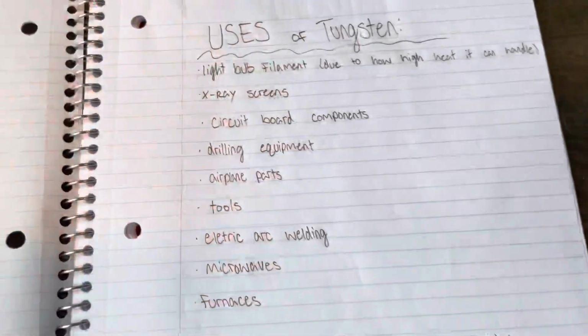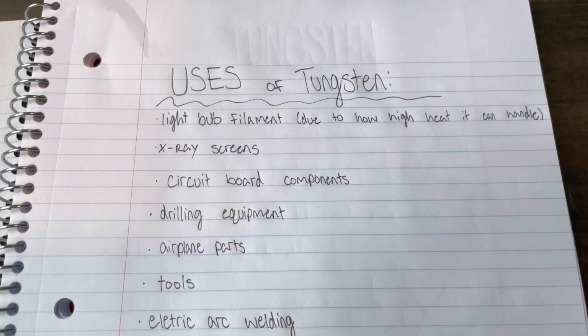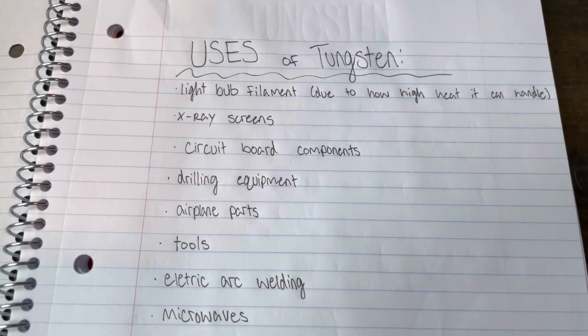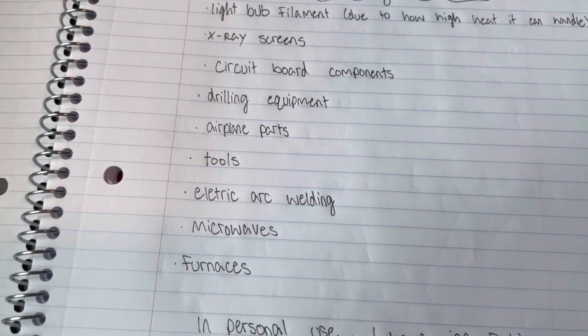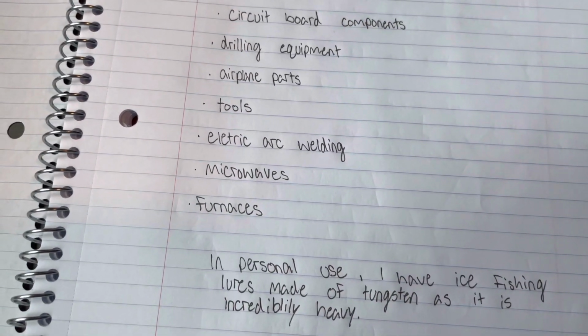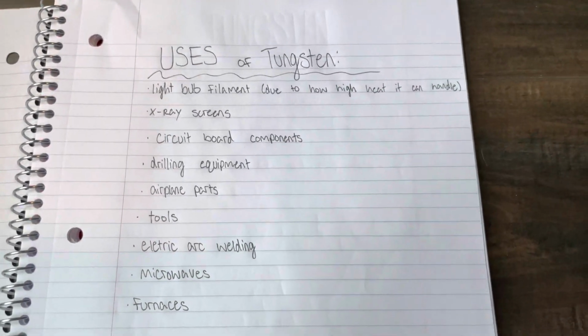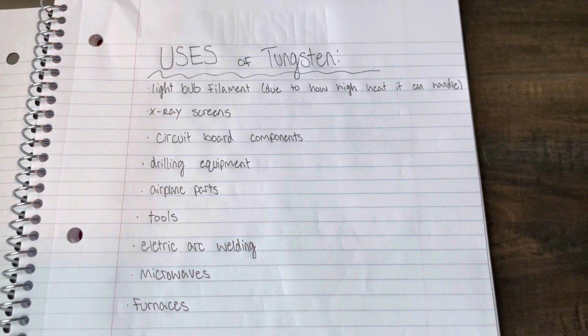And then as far as the uses for tungsten, it's used in light bulb filament, X-ray screens, circuit board components, drilling equipment, airplane parts, a bunch of different tools, electric arc welding, microwaves, and furnaces. And it's used in these ways because it can handle such high heat